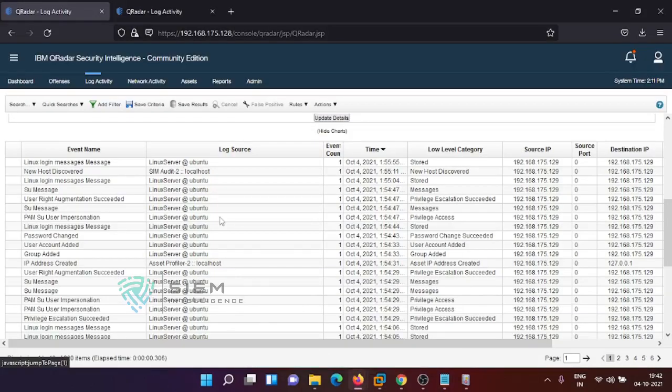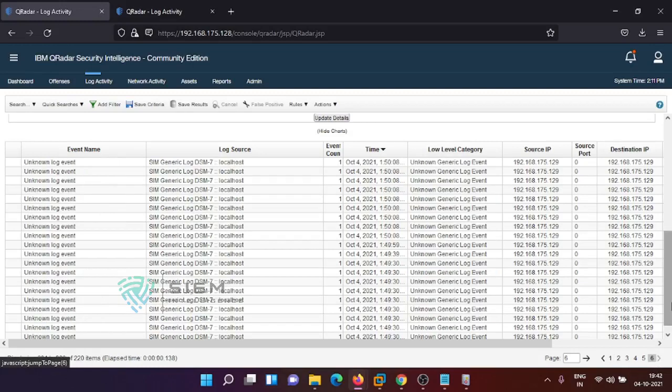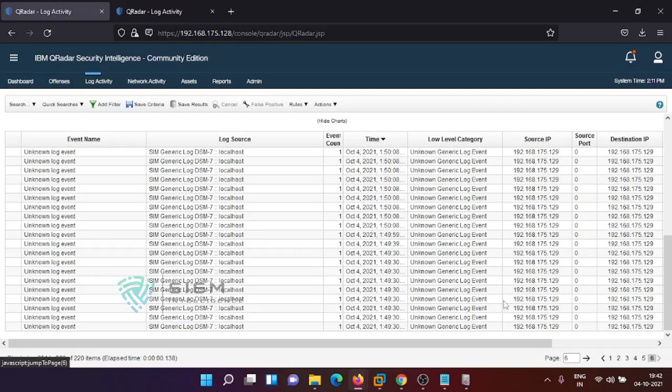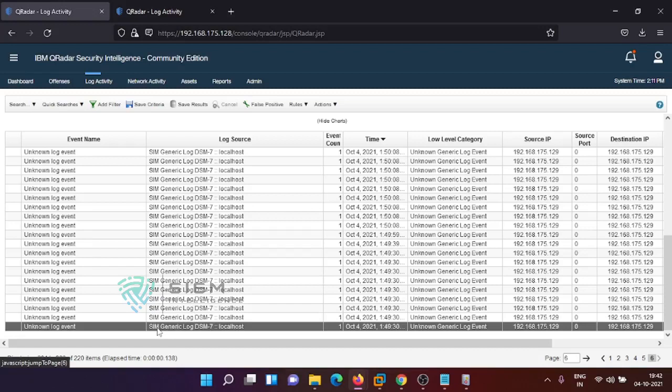And I have done so many activities, something like I have created a user, I have done so many mail logins, multiple login failures. After that, what happens is it starts detecting something like a generic log.